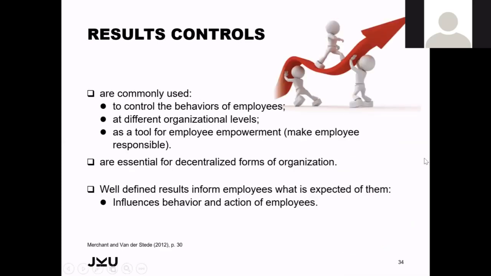Okay, we start with result controls, and as the name already says, results, we are targeting control mechanisms that cover results, which means results can be anything where we have, as managers, clear goals, clear targets, where there's supposed to be a result at the end of a task, at the end of a process. Anything that has an output, that has a result, would be covered within result controls, which means that can be financial, like any of the financial benchmarks or measurements,